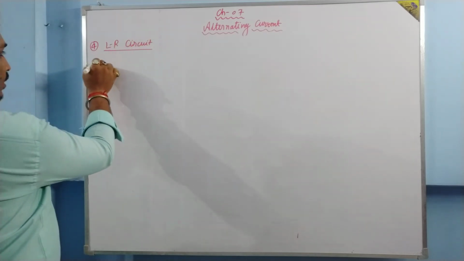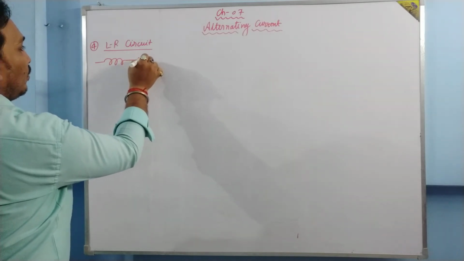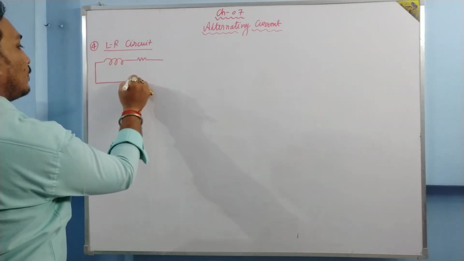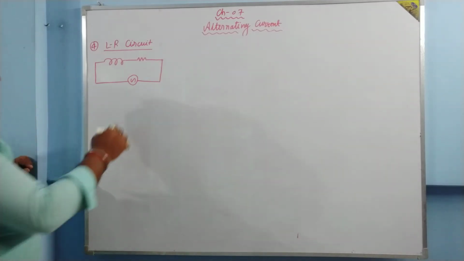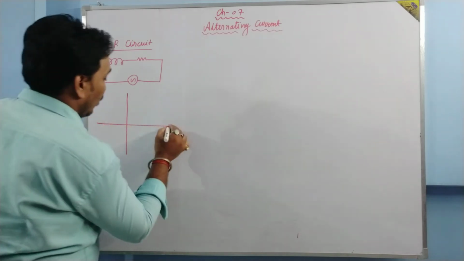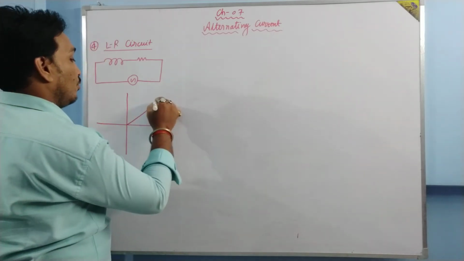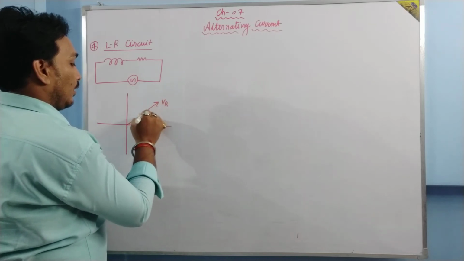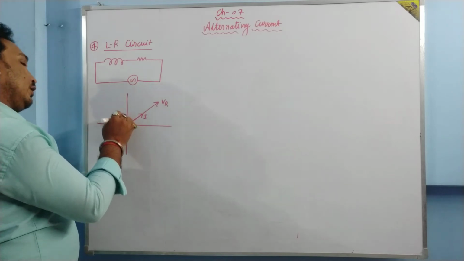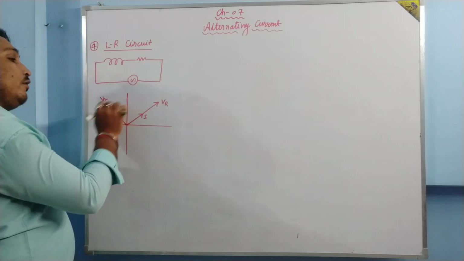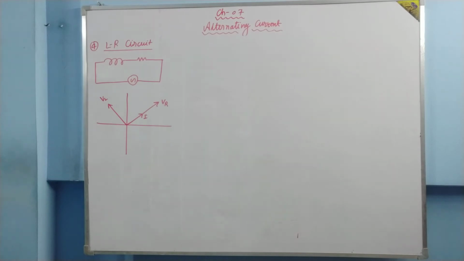How the circuit looks like? An inductor and a resistor. This is an AC circuit. Okay. For this we need to make the phasor diagram first. Then after we can write voltage and all. So for R, there is no phase difference between VR and current. Okay. Current flows in the same phase for the resistance. But for an inductor, current passes at an angle pi by 2 behind the voltage. So VL will be in this direction. All this we have discussed in a very detailed manner. You need to watch previous lectures.